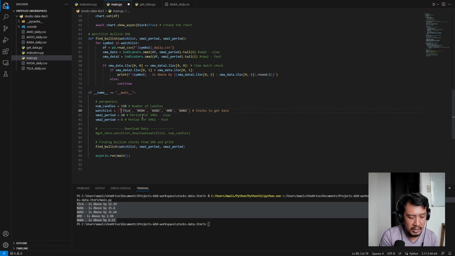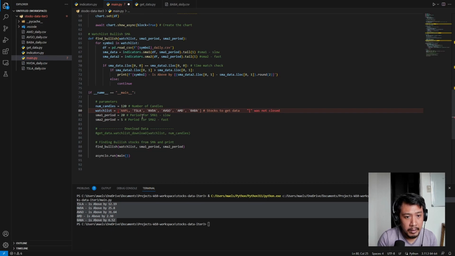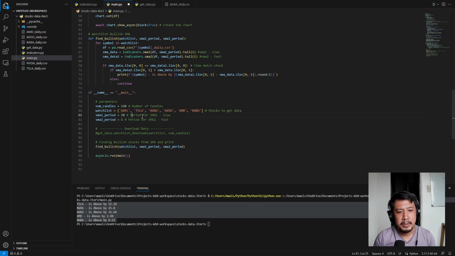I'll add in Apple. Change this to 30 and 15. Now I'll just uncomment this section. This is the function that calls for the download of the data. Just save and